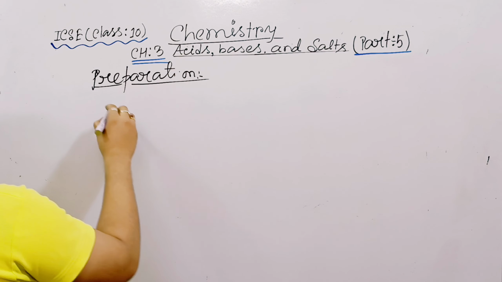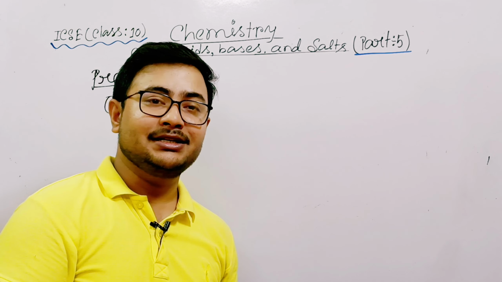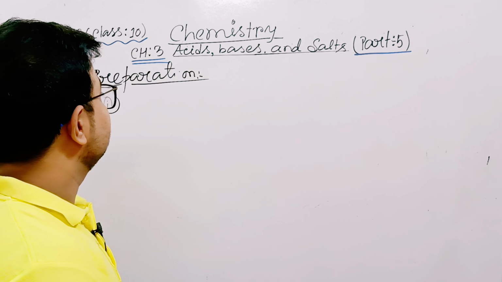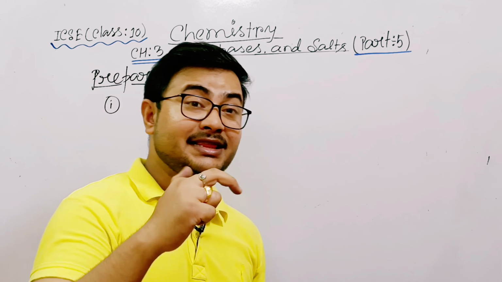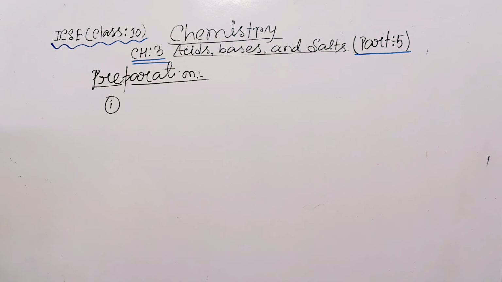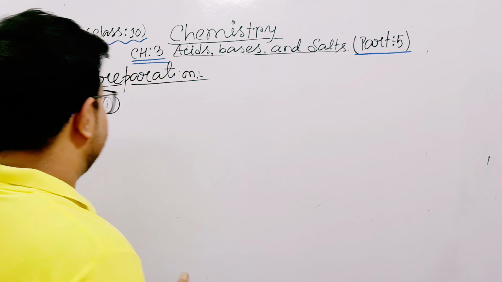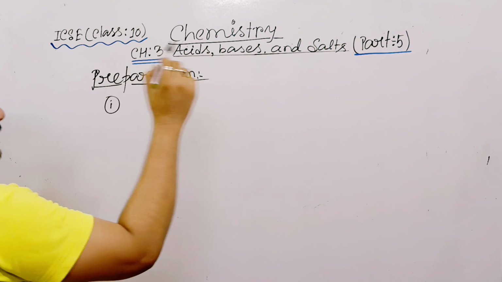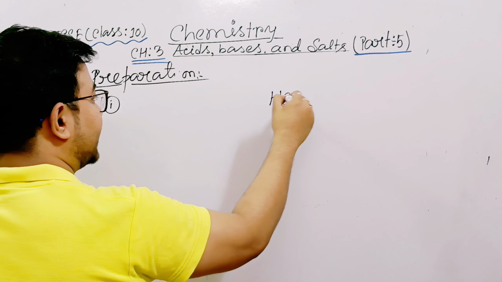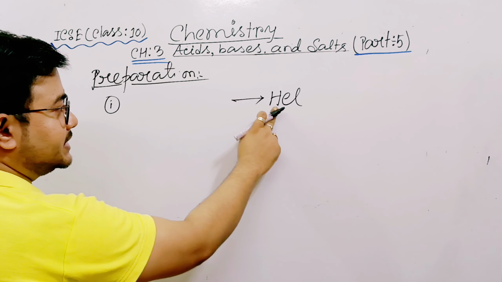Look at the board. From non-metals we can synthesize acids in various ways. First look at the board, slowly you can understand everything in this part. Suppose you will try to prepare hydrochloric acid. So now obviously hydrogen